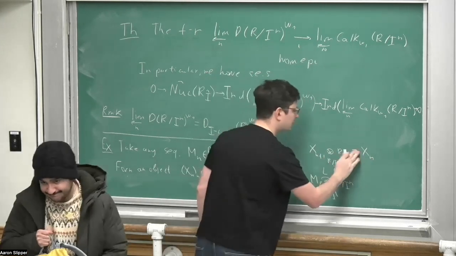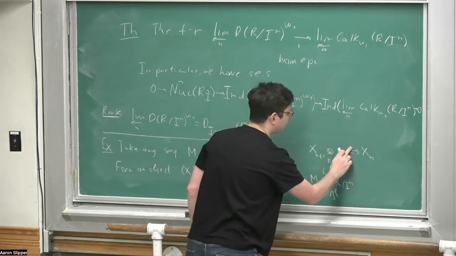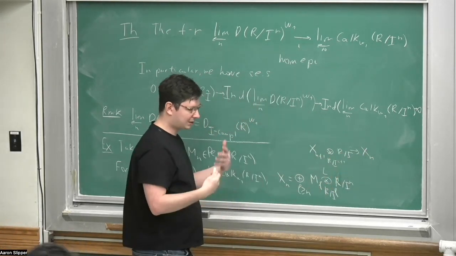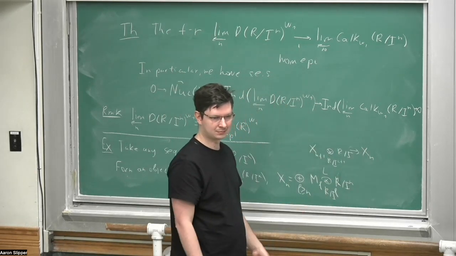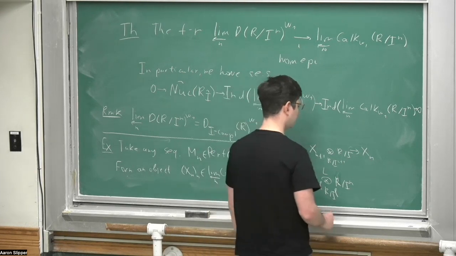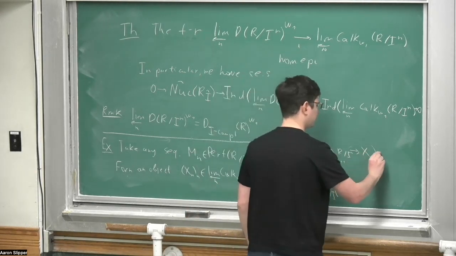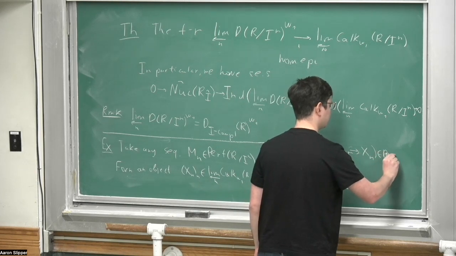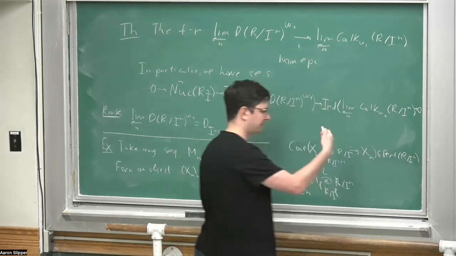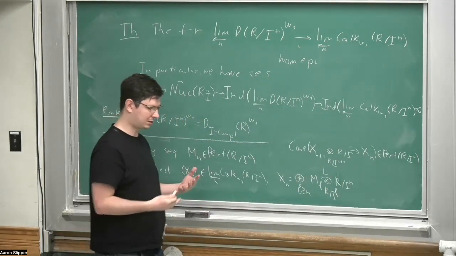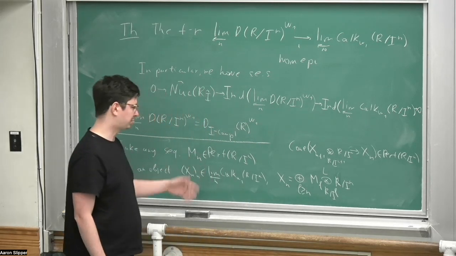I mean, it maps to Xn as a direct sum, but the difference between them is perfect. It means that in the Calkin categories they're compatible with each other. So you get a well-defined object